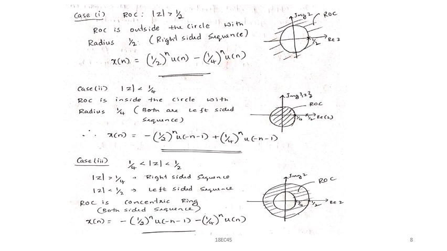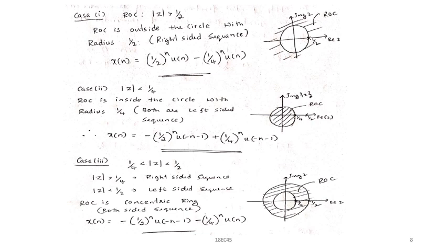n. You know that the Z transform of a to the power n into U of n is given by 1 divided by 1 minus a Z inverse, the standard form. If I use that equation and compare with the Z transform of a to the power n into U of n, then here I'll use 1 by 2, and here it is 1 by 4. So both are right sided sequences here.